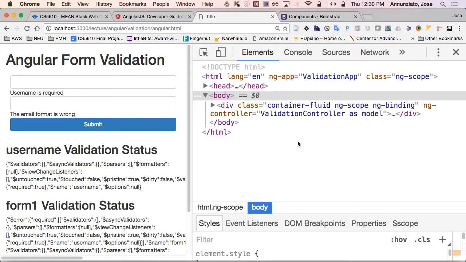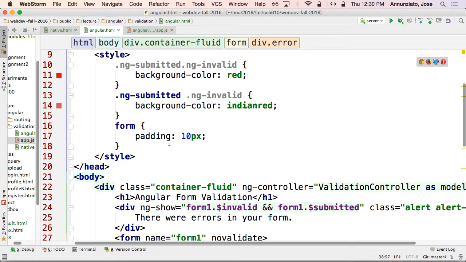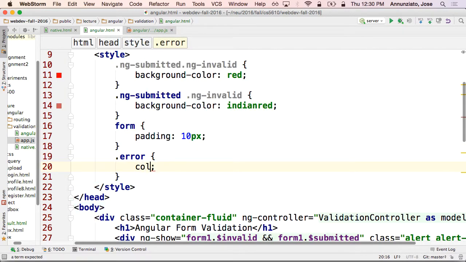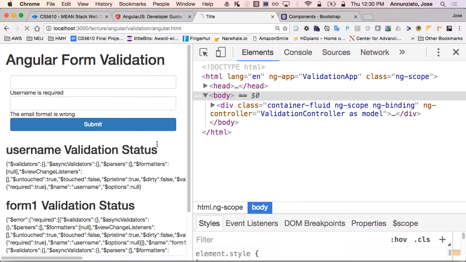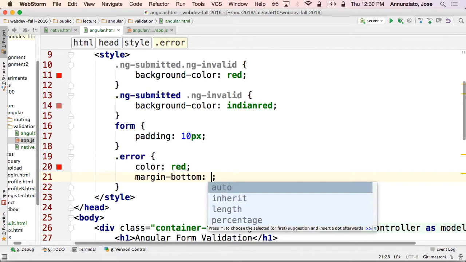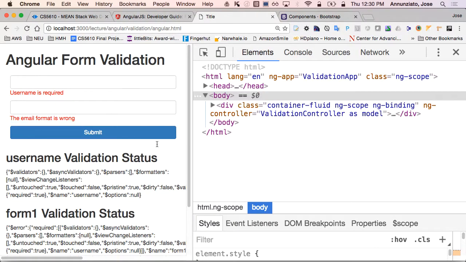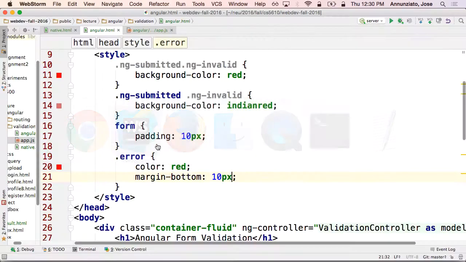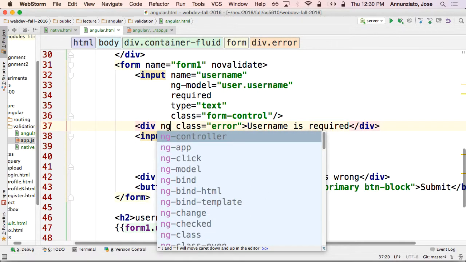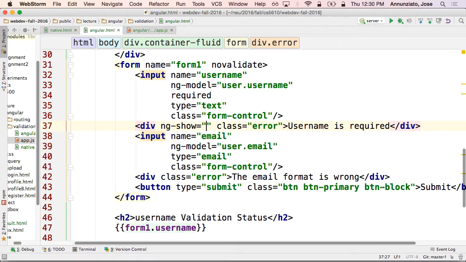Currently right now they always show, but we might style them and say that all errors color is red, and maybe put some margin beneath of 10 pixels. But I don't want to show them all the time. I only want to show them if there is something wrong with that particular field. So what we could do is only show this particular error, only show this error if